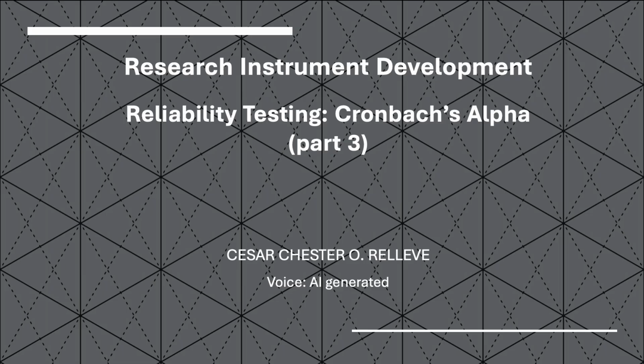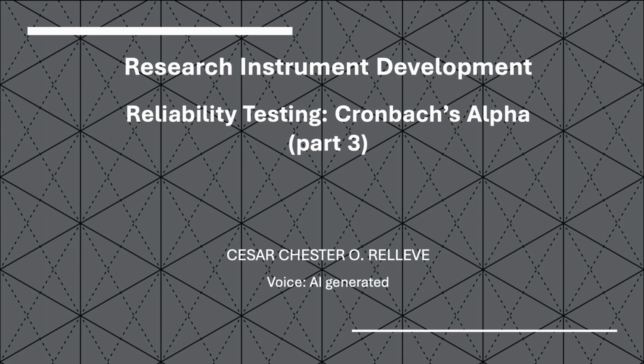In this session, we'll focus on reliability testing, specifically using Cronbach's Alpha. Whether you're developing surveys, educational assessments, or clinical tools, understanding reliability is essential to ensure your instrument consistently measures what it is intended to measure. Today, you'll learn why reliability matters, how to conduct a reliability test, and how to interpret Cronbach's Alpha results. By the end of this session, you'll have practical techniques to strengthen your instrument's reliability and improve the quality of